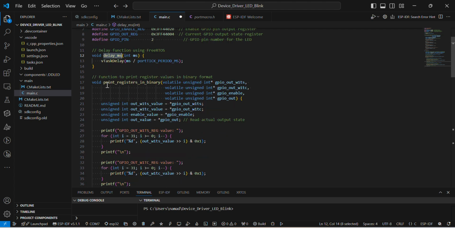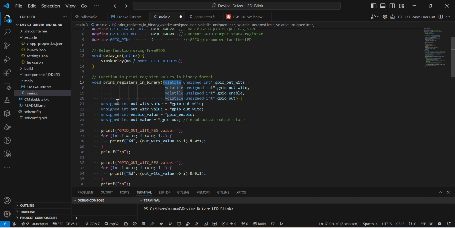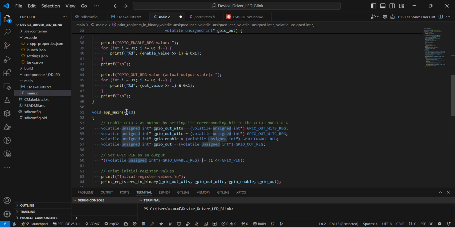Then we have one print register in binary. So we have to print every register in the binary format, and that's what we are writing. We will see what is volatile and what is unsigned. And then we came to app main. So what we are going to do now is